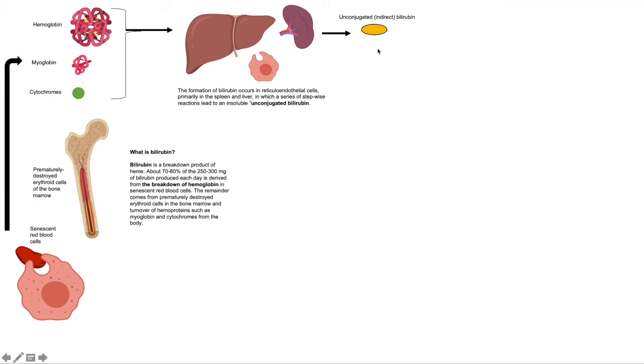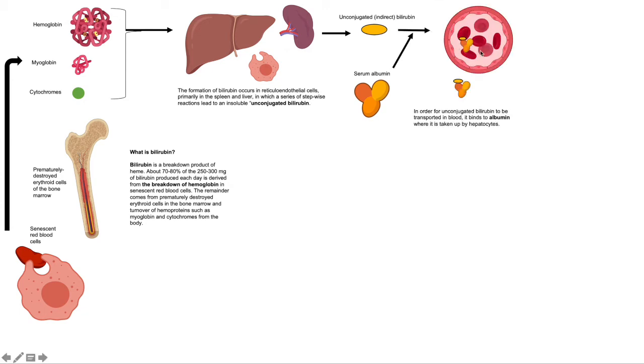Indirect bilirubin is a very insoluble molecule that needs to be bonded to serum albumin. Without the bond between unconjugated, aka indirect bilirubin, and serum albumin, unconjugated bilirubin would be insoluble and therefore impossible for it to dissolve into blood and to be transported elsewhere in the body. So it binds the serum albumin where it gets transported through the bloodstream to the liver cells, the hepatocytes, where